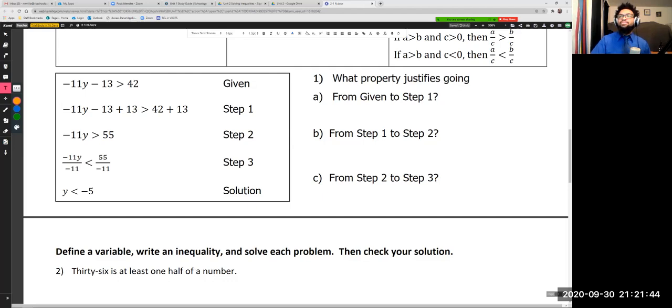So let's look at an example and use our properties of inequality to see how our steps are justified. So let's look at what we're given, step 1, 2, and 3, and then our final solution. Number 1 says, what property justifies going from our given step to step 1? And we see that this is negative 11y minus 13 is greater than 42. If I look, I see this minus 13, and if I look at step 1, I see they added 13 to both sides. And so the property of inequality that justifies that is going to be our addition property